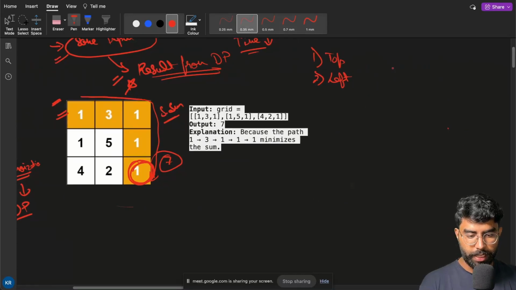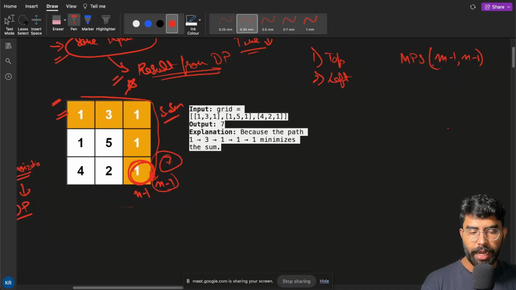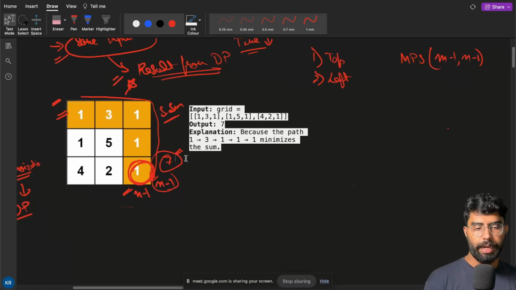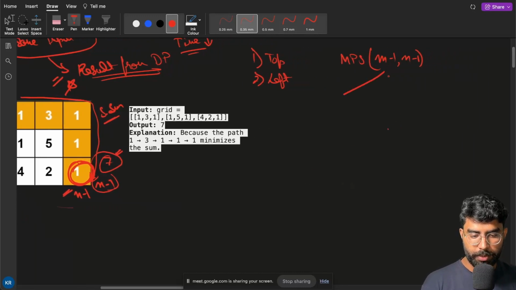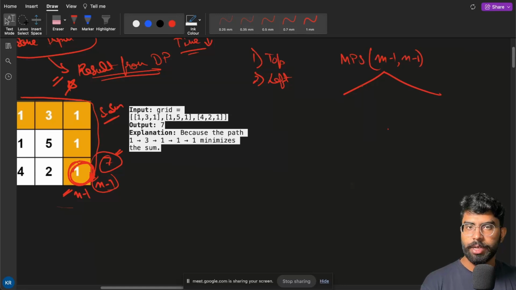So let's say we need to find the minimum path sum for, what is this, n minus 1 m minus 1, correct? So m minus 1 n minus 1, we need to find the minimum path sum at this point. This is the last point, correct? We need to find the sum, that is 7, right? Now I am saying for reaching this there will be two ways, that is the top or the left,